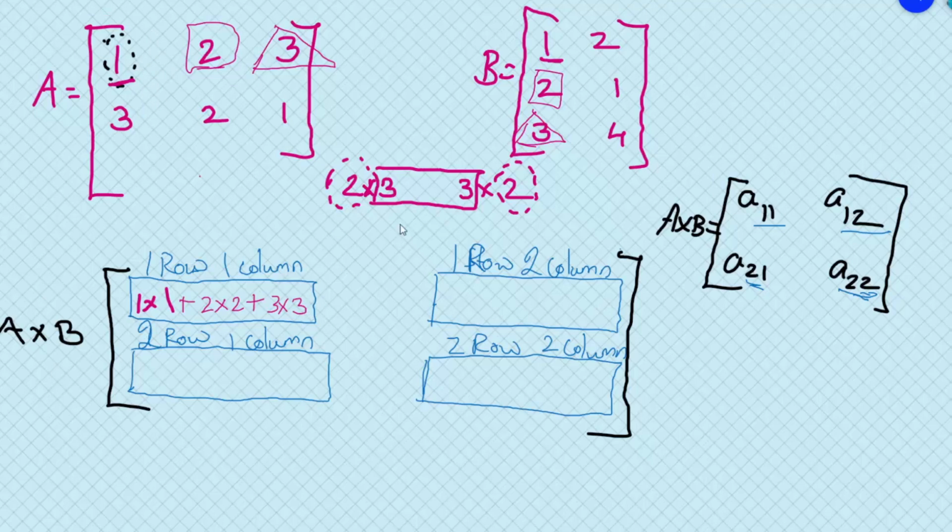In the same way, to do the first row, second column operation, the first elements will be multiplied with the respective first elements. That is, 1 will be multiplied with 2 here, because it is first row, second column, the first elements. Similarly, the second element will be multiplied with the second element. And the third element of the first row will be multiplied with the third element of your second column.